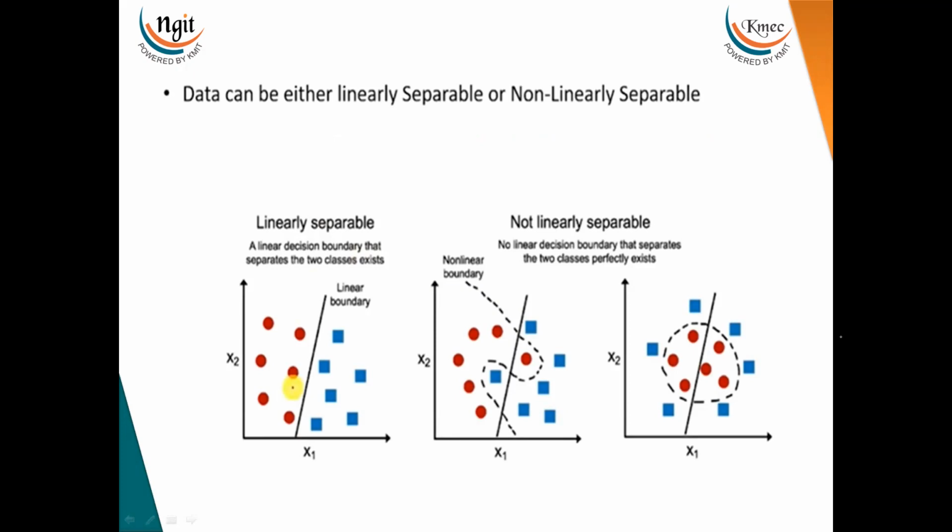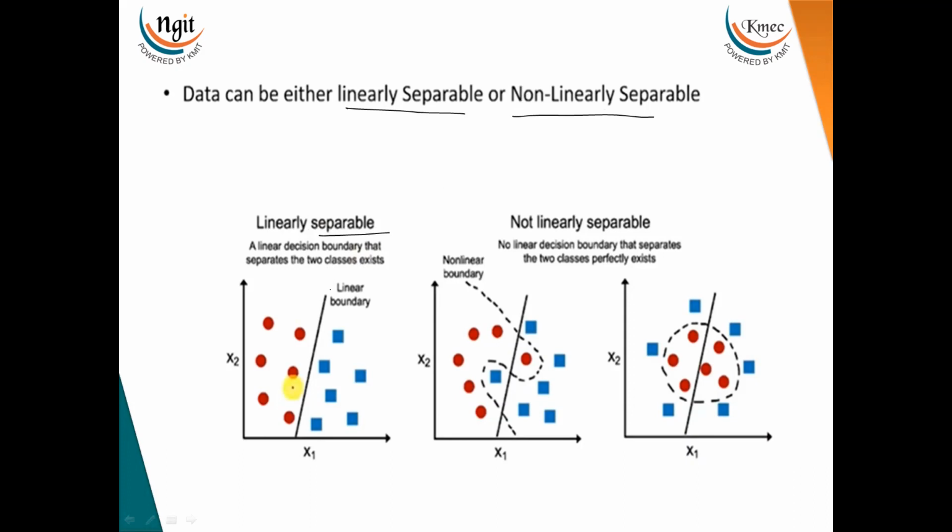So data could be of two types. The data could be linearly separable or it could be not linearly separable. There is a possibility that whatever data is coming to me may be linearly separable or may not be linearly separable. So what you will understand by linearly separable, as we discussed earlier, is this: